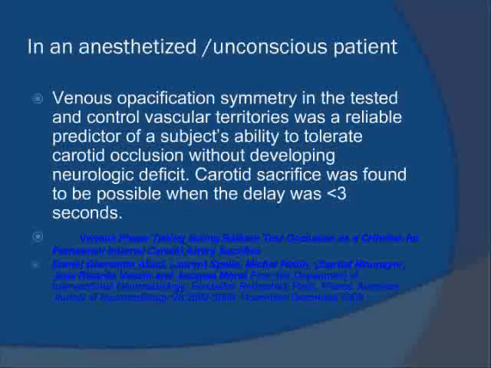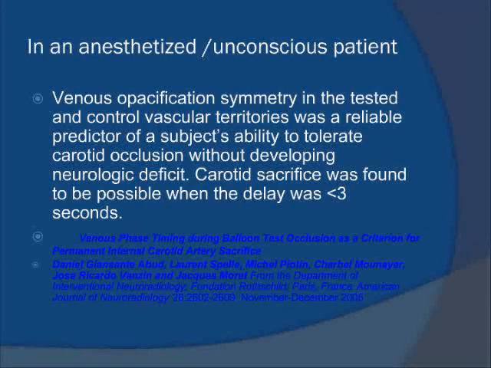Sometimes we may have a patient who is under GA and then we decide to test occlude. So how do you assess? Here the important thing is to inflate the balloon, inject through the opposite carotid and look for the venous drainage on the culprit side or the ipsilateral side. If the venous drainage is not delayed by more than 3 seconds, or rather it should be less than 3 seconds, then you can be reasonably sure the patient won't have a neurological deficit.